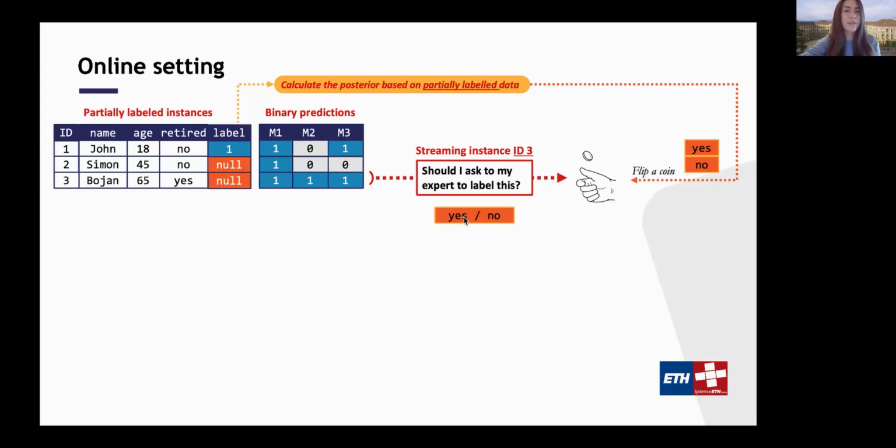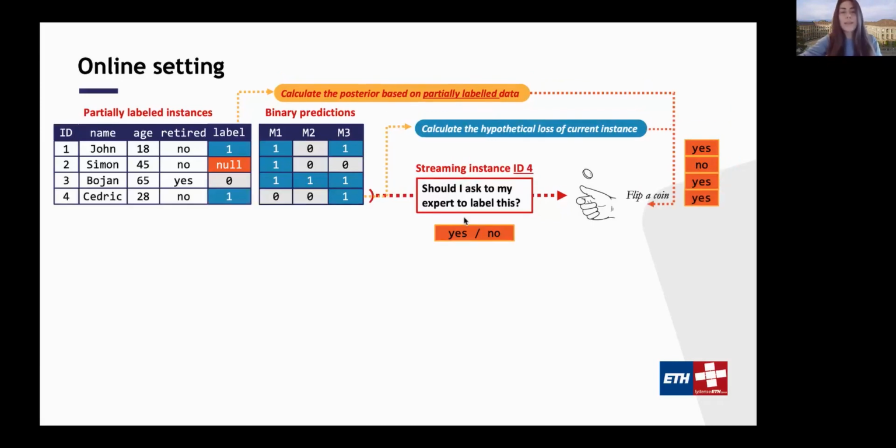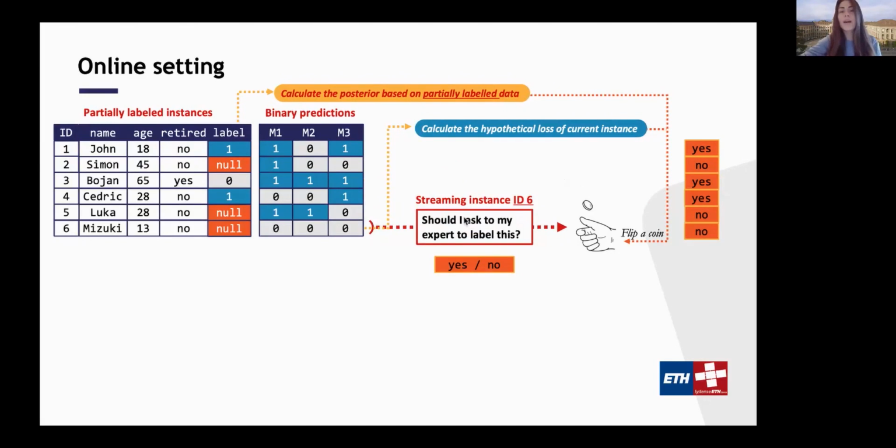So my posterior belief will not change compared to the previous instance. And I will again use the hypothetical loss for this instance. Then I'm going to flip a coin based on the bias I formed from this information. And then I move on. And then once I go through all the streaming instances, I'm going to return the best model based on